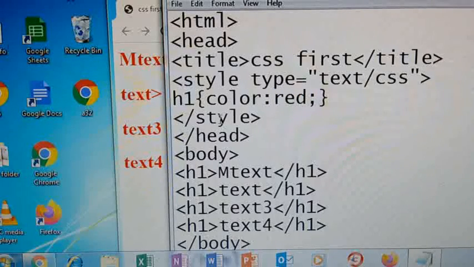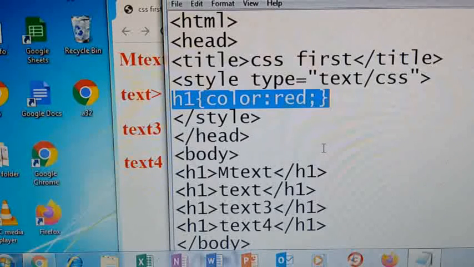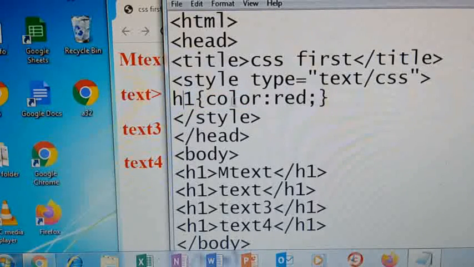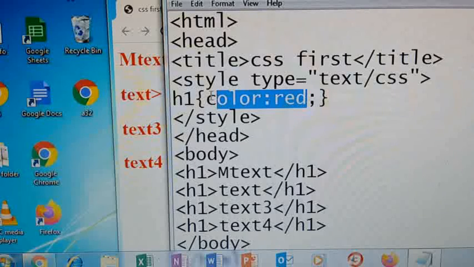Before this I had given a font tag. Whatever properties you gave using the font tag, you can give using CSS code like this. But using a font tag, whatever properties you have given are applicable to that particular block only. But here, if you have given a property to any HTML element, any selector, wherever H1 is there, that H1 color will be changed into red. So in the body section, wherever you have H1, that color will be changed into red, because whatever styles you have given in this HTML document are applicable to your entire document.